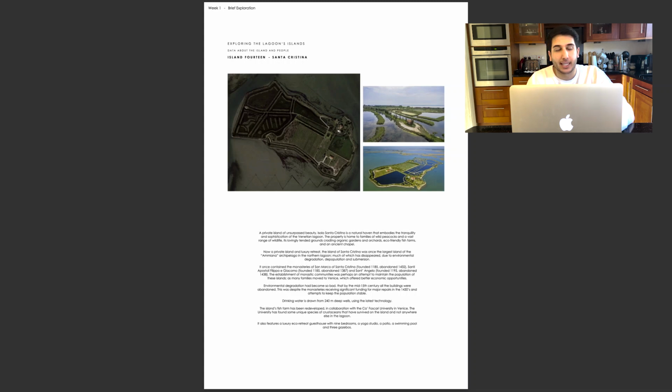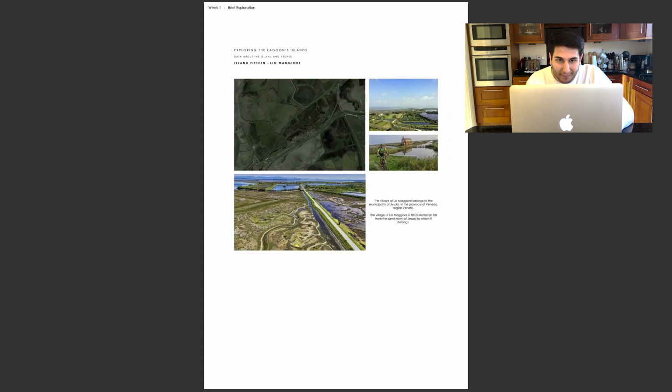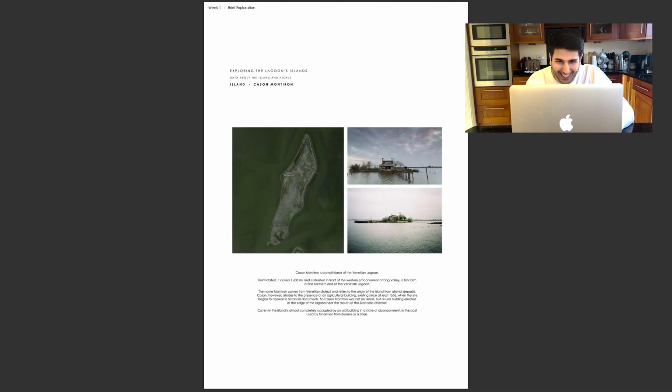And we can see that things like this, people buying these islands and not really doing anything with them, could be the biggest factor of the downfall of Venice, possibly. I'm not sure. We will see. Another one. My goodness, how many islands did I have a look at? I think there's more. Okay, now we get into the data.